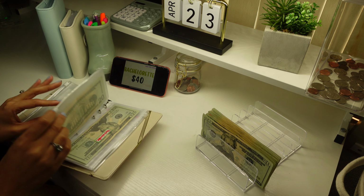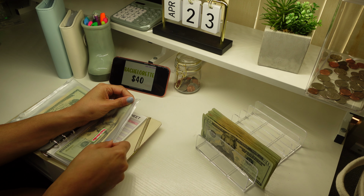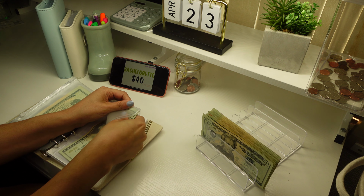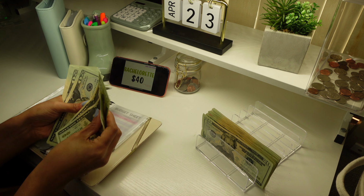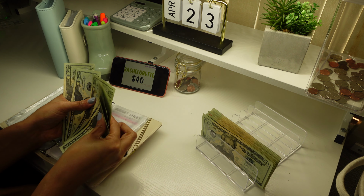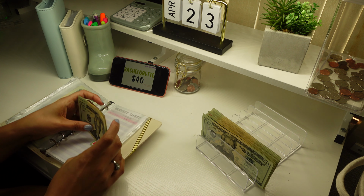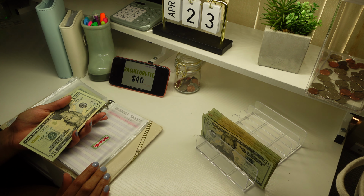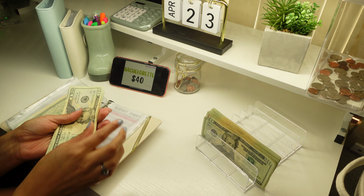I think it was back here. Here it is. Okay, so we actually have some funds that we filled last week. Let's double check and see how much we have here so far. 1, 2, 3, 4, 1, 1, 2, 3, 4, 2, 1, 2, 3, 4, 3. So we have 300 from last week, and we're going to be adding $40 for this week. So that brings our total for Bachelorette to